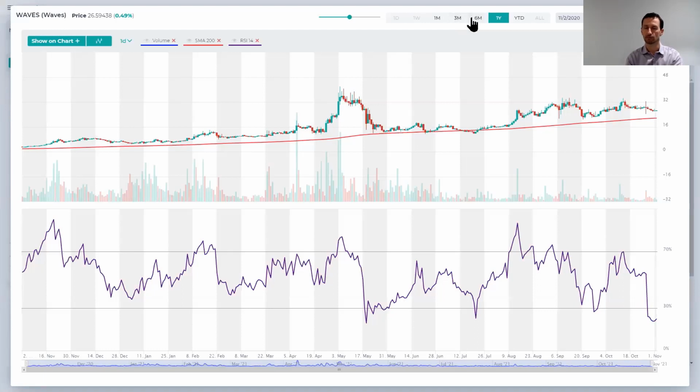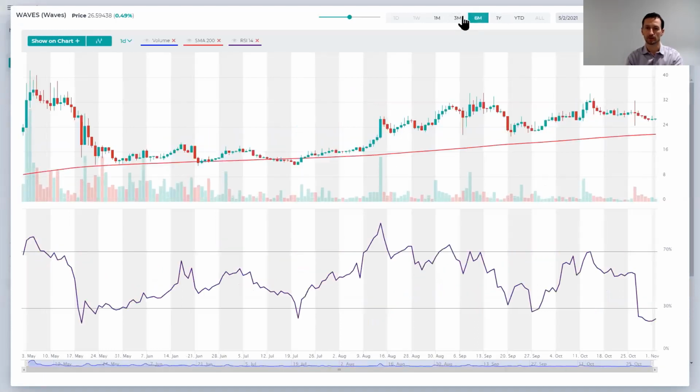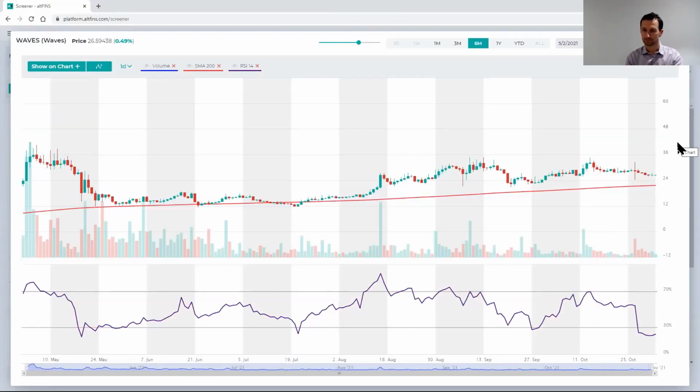Now let's see if we're near some kind of a support area. So we're getting near the 25 level here. I'd say there's been a couple of touch points here where it acted as a support level. Here as well. Here it was broken, but for a very short period of time. So I'd say 25. And also, by the way, we're near the 200-day moving average, and that also acts as